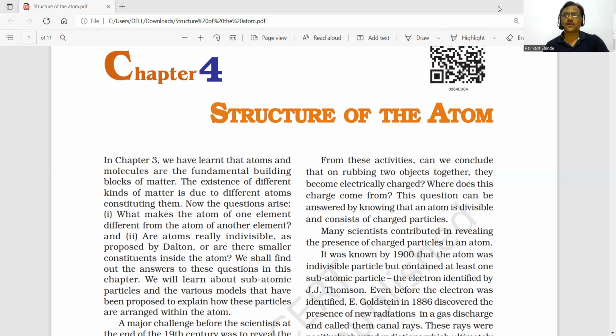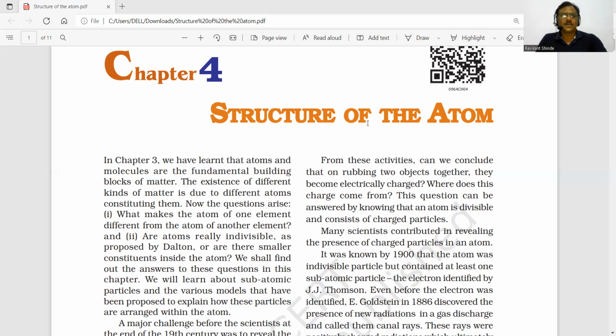I request all of you to unmute yourself only when you are talking to me. During the session, keep muted so that there will be no disturbance from background noises. There's a video icon next to it. We encourage all of you to turn on the video option so that we can have more live interaction with you. So let us begin today's lesson, that is structure of atom.